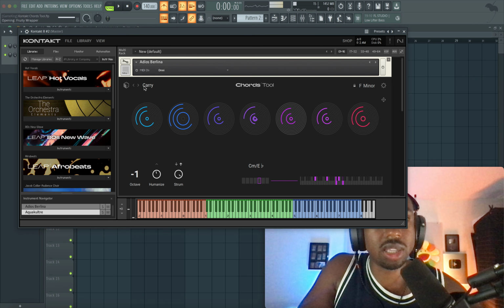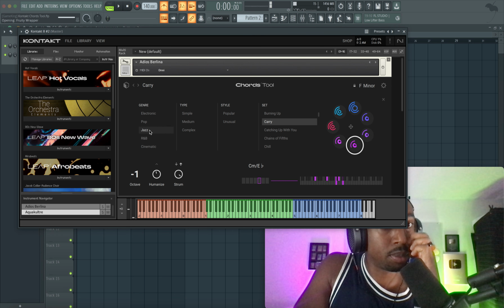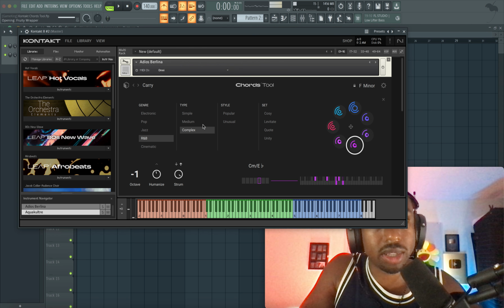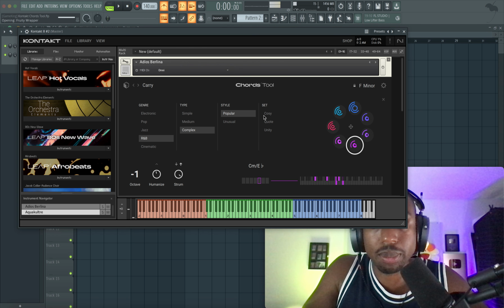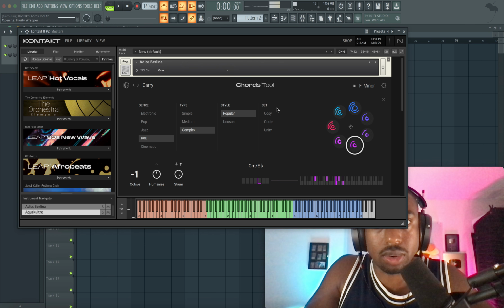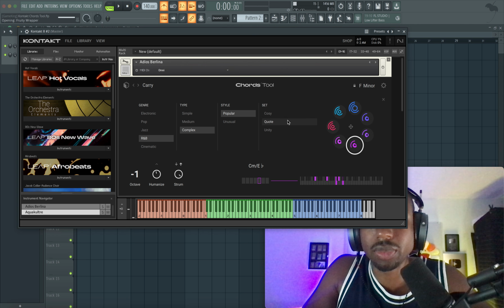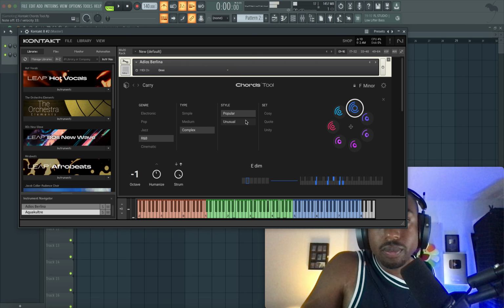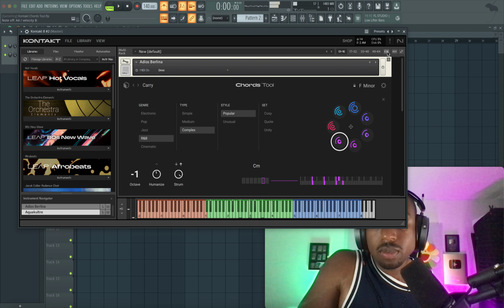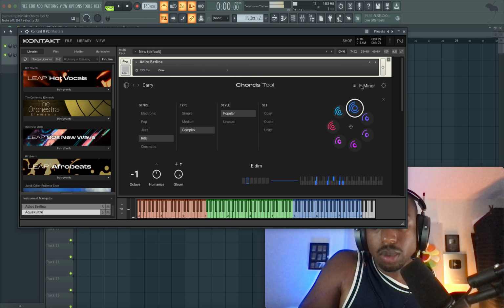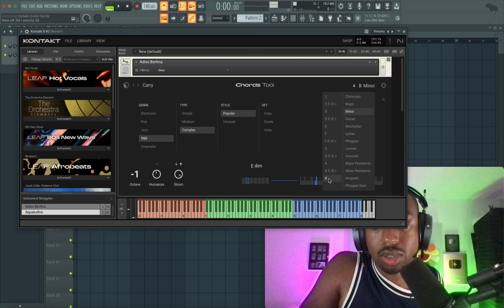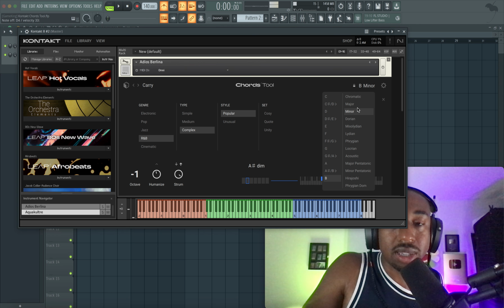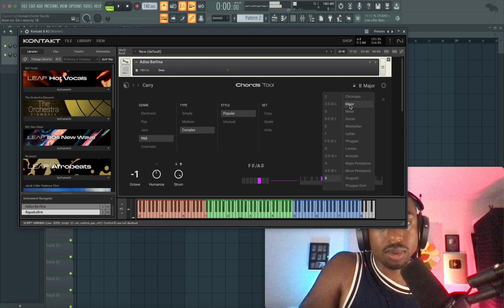matches. Okay, so what we'll do is click this drop down, or click the name. Let's go to R&B. I want complex chords. I want popular chords, and I don't know what it means. Cozy quote. No idea what that means. I'm going to also change the key. Let's do B major instead of F minor. Also love how they have different modes and scales, so it's not just major or minor.